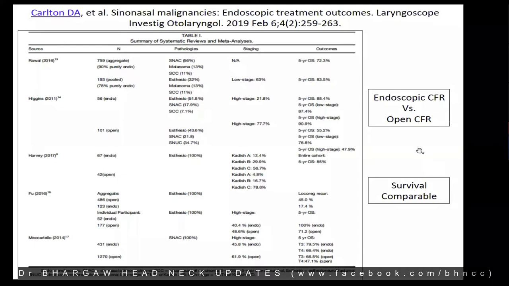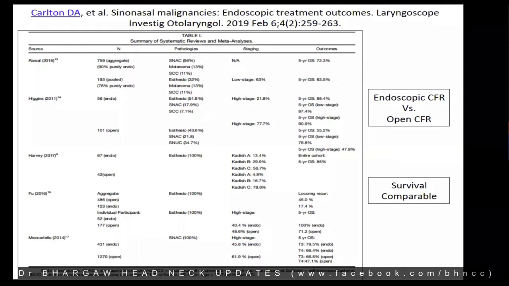So mostly the open techniques were done for advanced stage lesions, obviously. But endoscopic CFR and open CFR yielded comparable survival. Until date, there's no randomized trial to compare this. I don't think we will ever get a randomized controlled study comparing these two things. So the best we have is this, and I'm sure it is now established beyond considerable certainty that endoscopic CFR